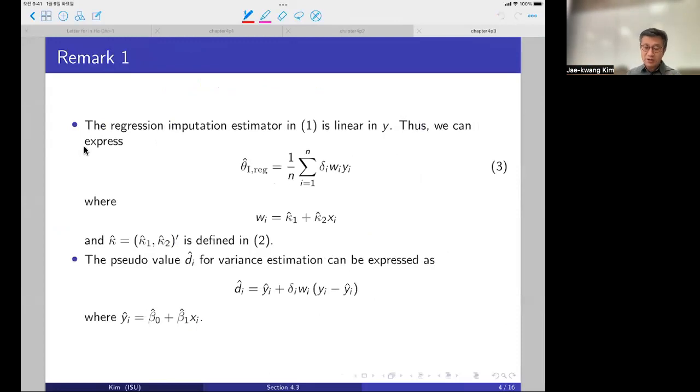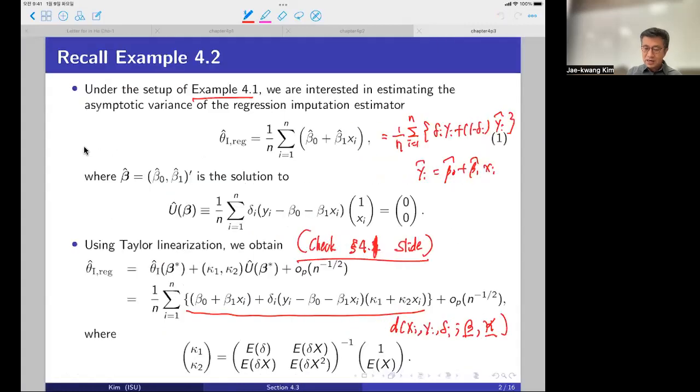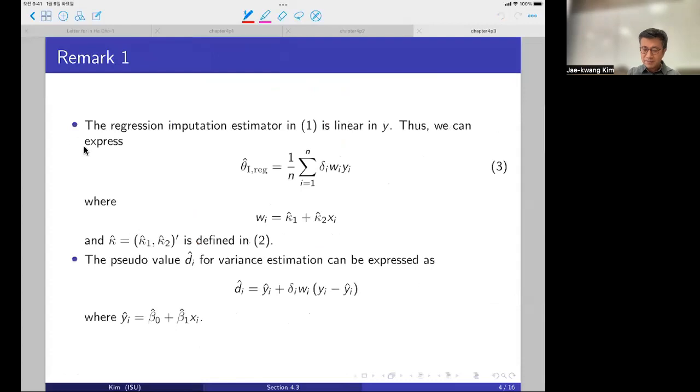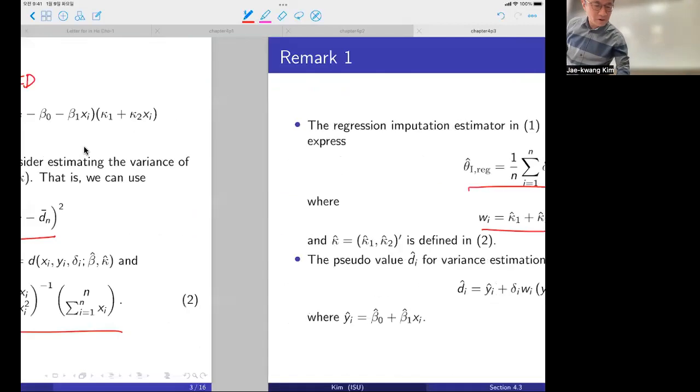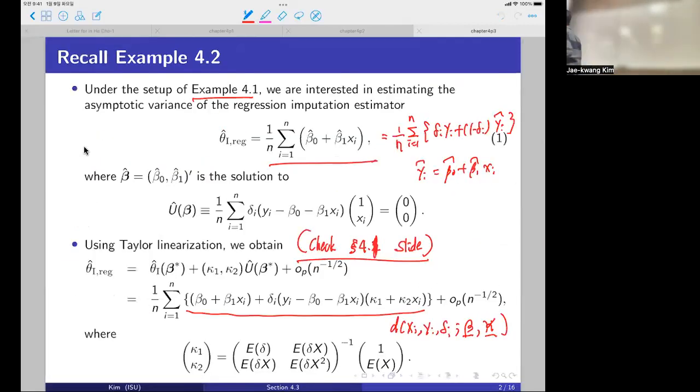He argued that the regression imputation estimator, the regression prediction, is a weighted form like this. And actually that is not really new. I can show you that, first of all, beta hat is a linear function of y. You can see that, right? So end of the day,